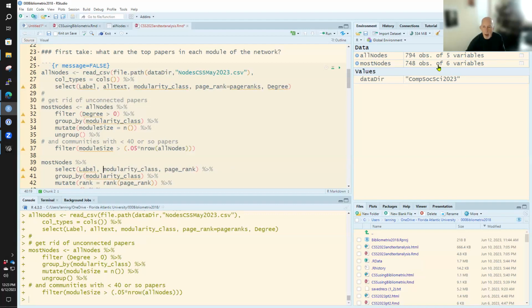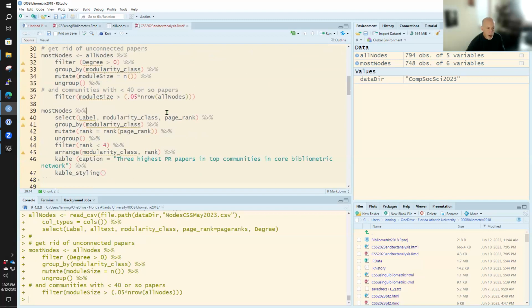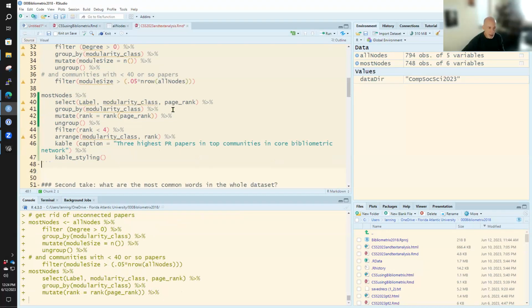Okay, so we've got most nodes, 748 papers there, and we're going to select 3 fields, group it by modularity class, and then we're just going to look at the top 3 papers, rank less than 4, in each of these modules to get a sense of these